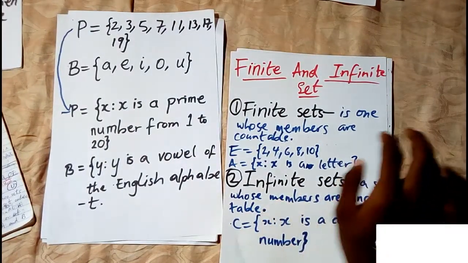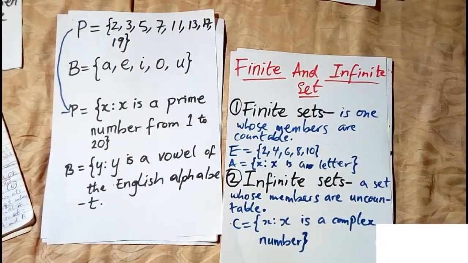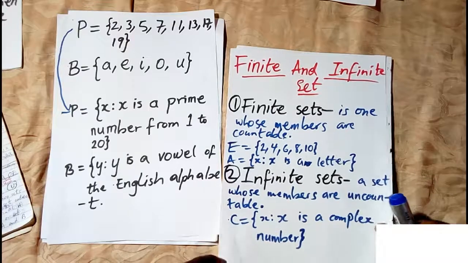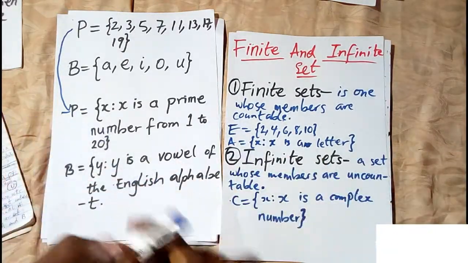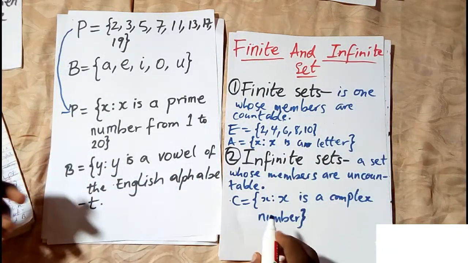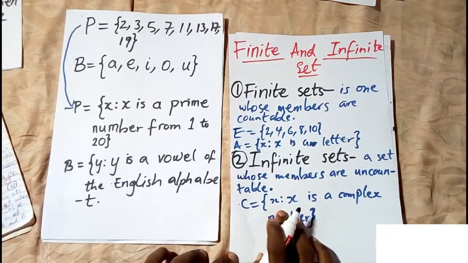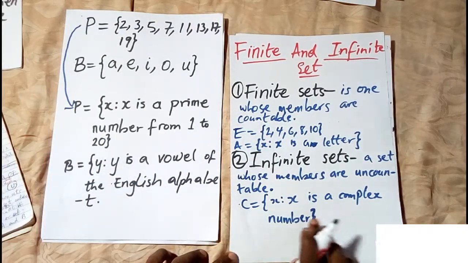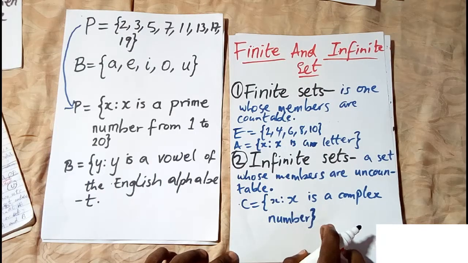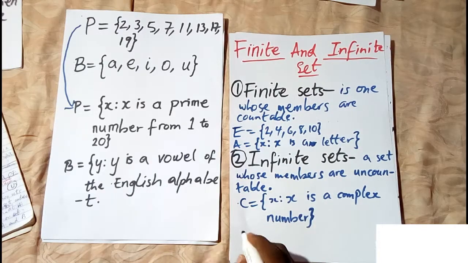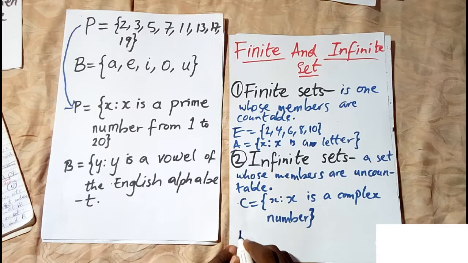We have the finite set and the infinite set. The finite set is a set whose members are countable. In an infinite set, the members are not countable. Under the infinite set, we have a set C, where X, such that X is a complex number. We have another set, let's call it D,